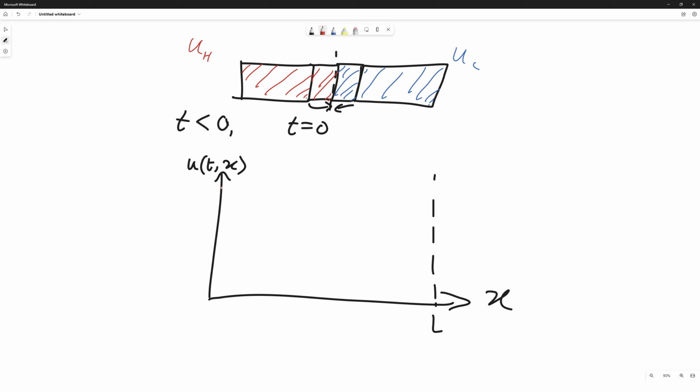Now, here we have the temperature of this rod, but here, let's say down here, we have the temperature of this rod at U sub C. Here we have U sub H. Now, there is a steep change between these two. It's a step, and there's a discontinuity at this point because here there is no defined temperature,